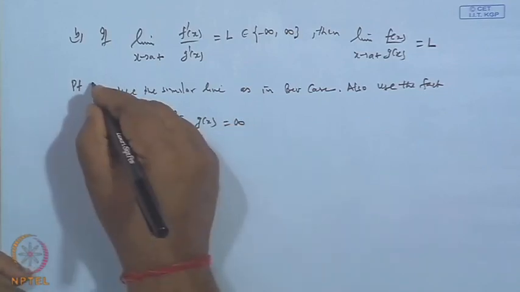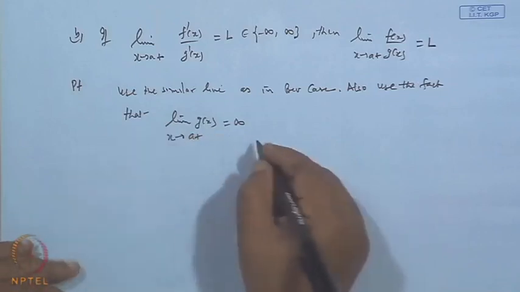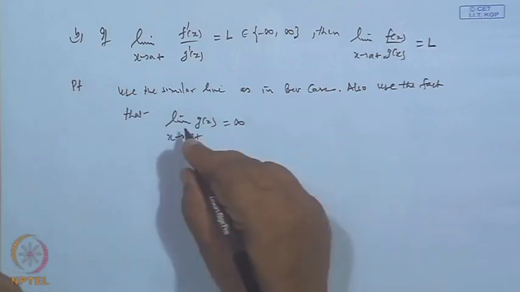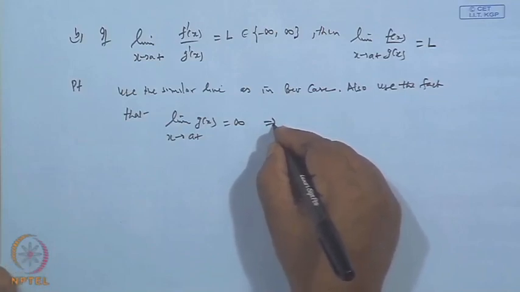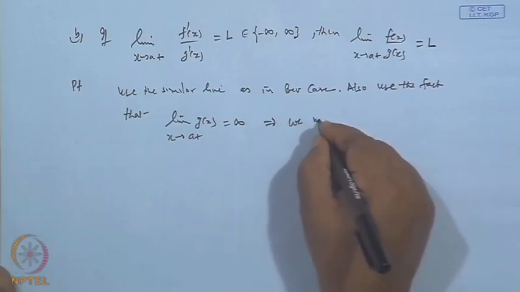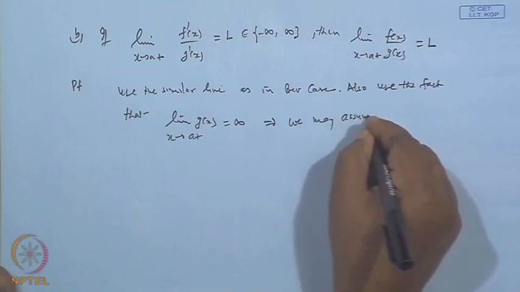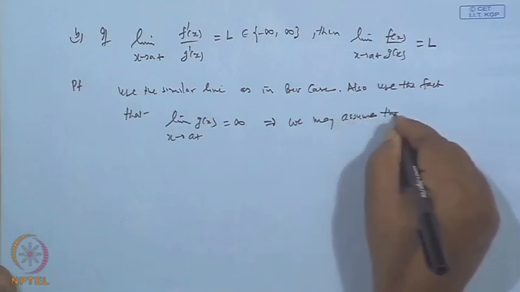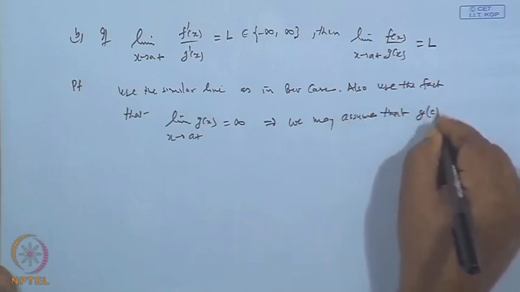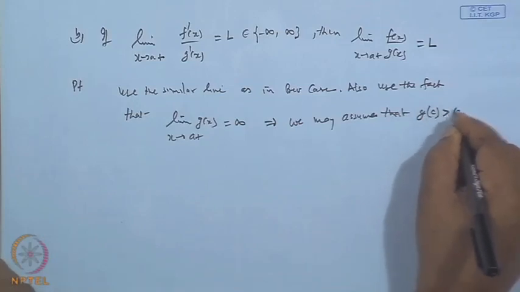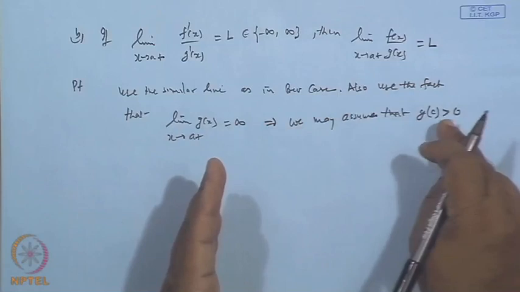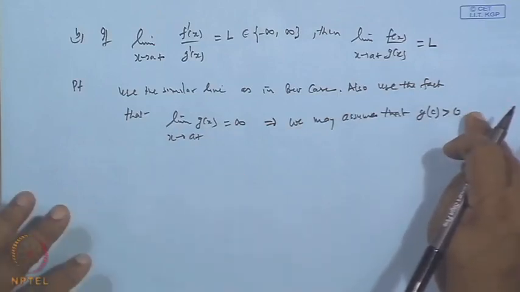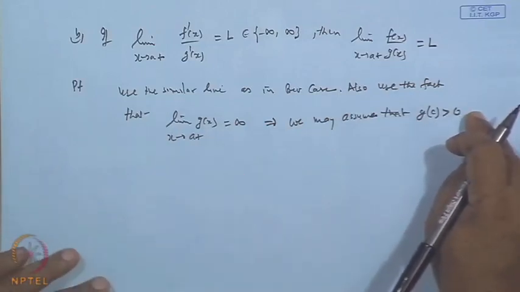So, case 1, suppose I take the infinity; minus infinity will be dealt with similarly. We may assume that the value of g at some point c will be positive, because it is going to infinity. So, after a certain stage it will cross 0. So, a point c will come where it is greater than 0, and hence